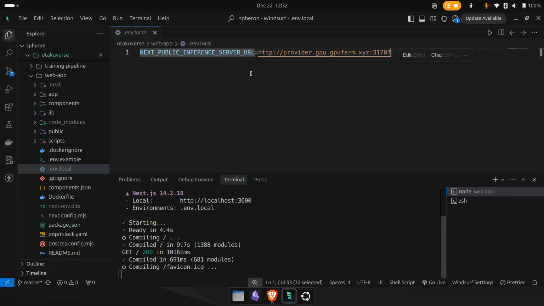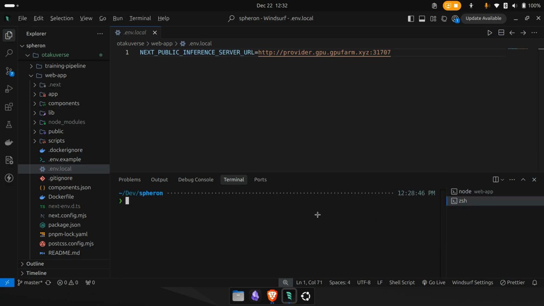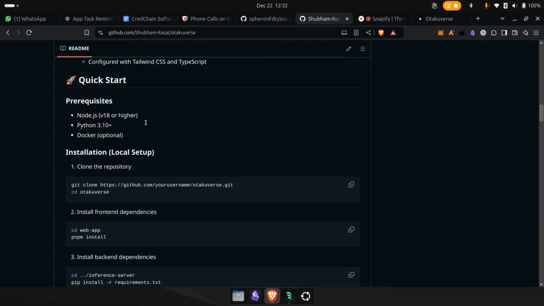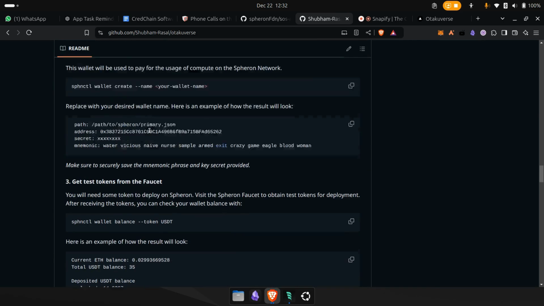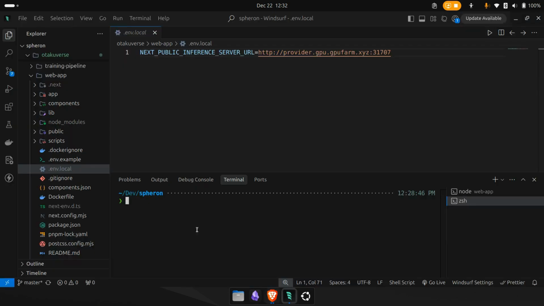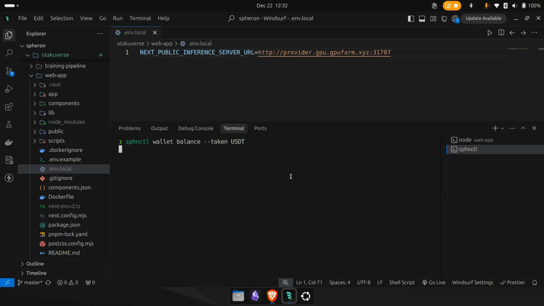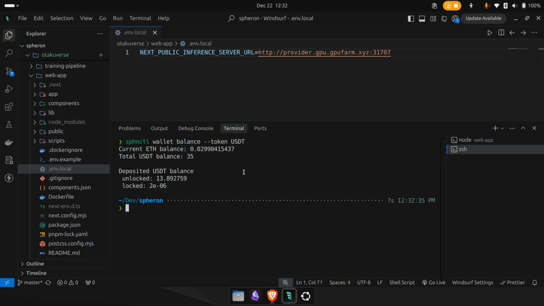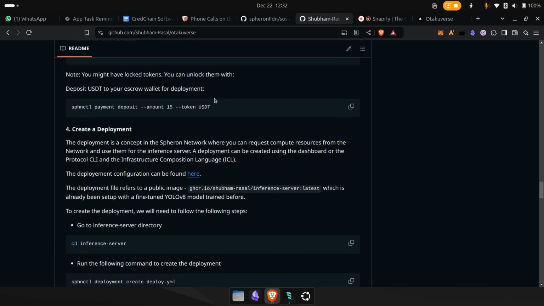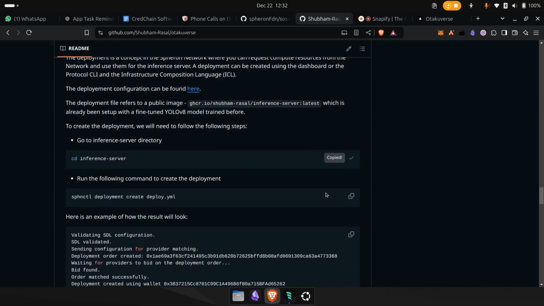So this inference server will be deployed on Spheron. For doing that, let's follow our guide here. Let's see how you can get that URL. First, you can get the test tokens from the faucet and check whether you have them in your wallet or not. So I guess I have some tokens left. Yeah, so I have an Ethereum balance and a total USDT balance. Once you are done with the payment, like depositing,